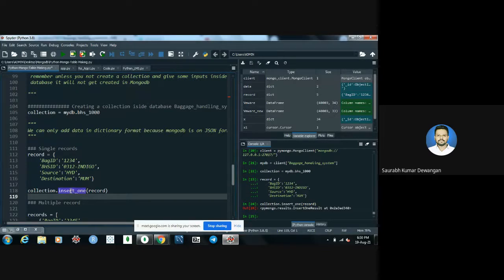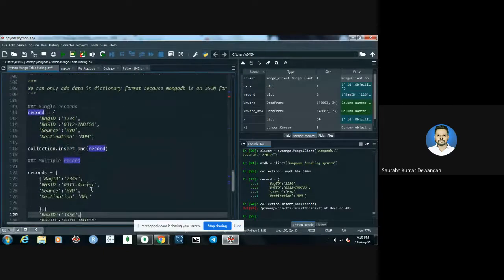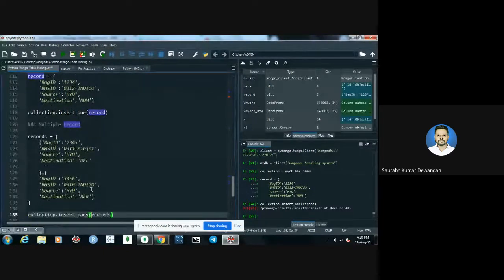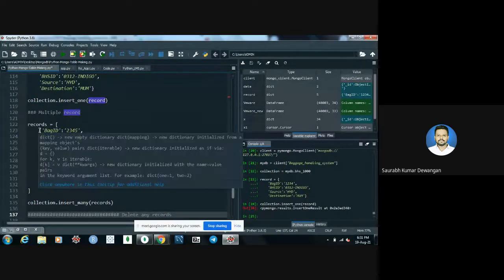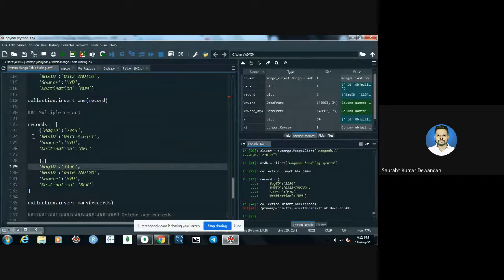Okay. So insert one is the command for inserting only one record. Okay. We can insert multiple records. Okay, so let me go forward. Here we have given the records variable, and we are storing multiple records in the variable records.